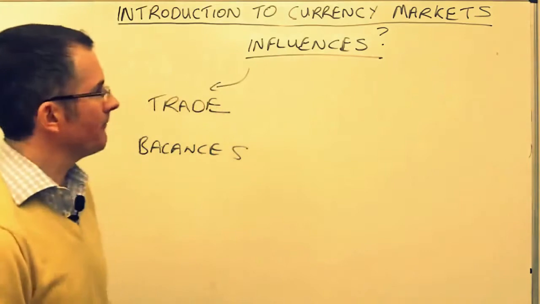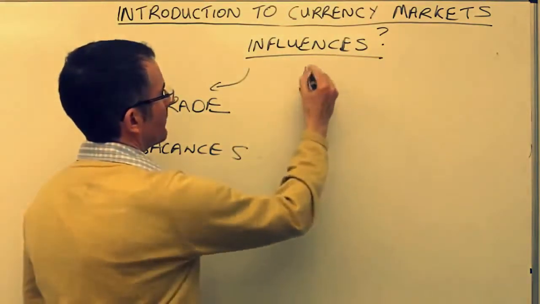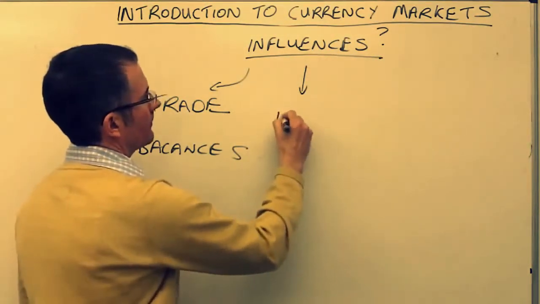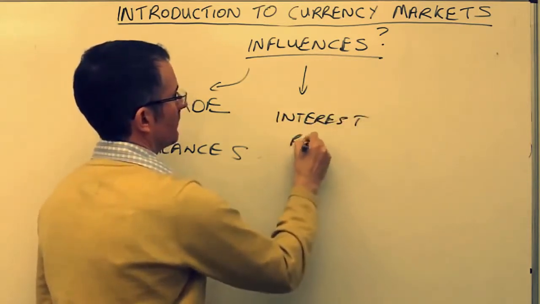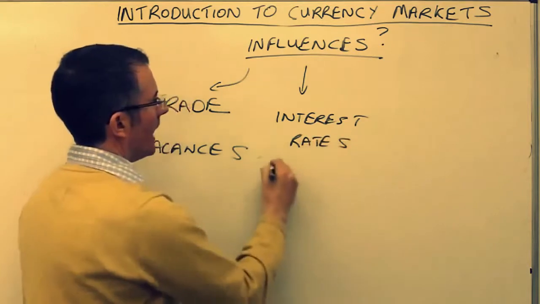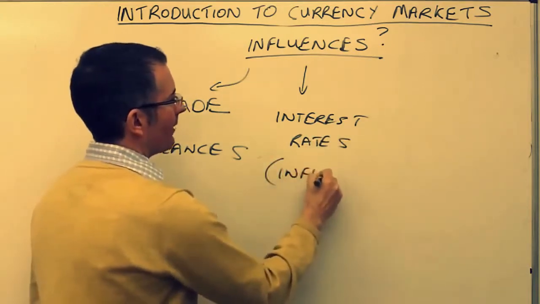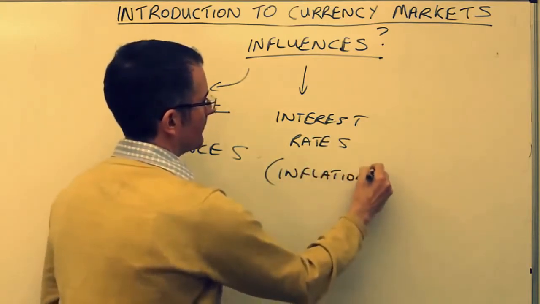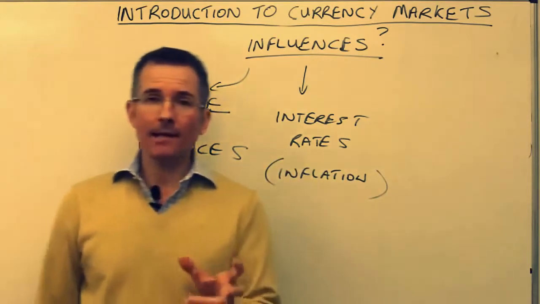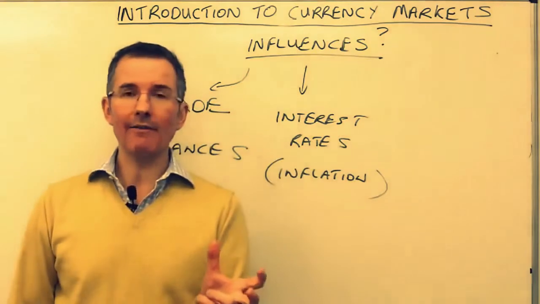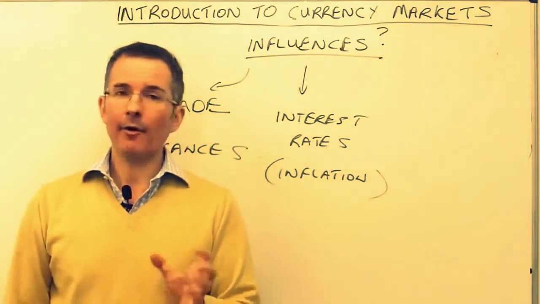So that's one influence. Number two, interest rates. And you might say, linked to that, inflation data. Basically, the price of a currency is dictated heavily by what you can earn if you own it. So, if US interest